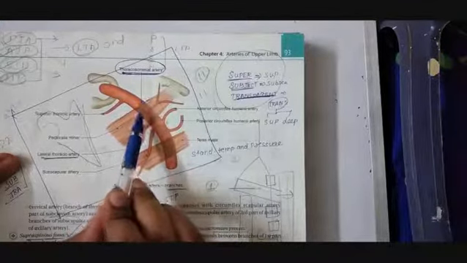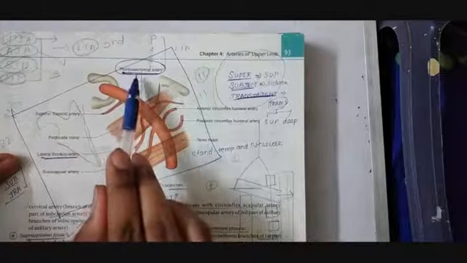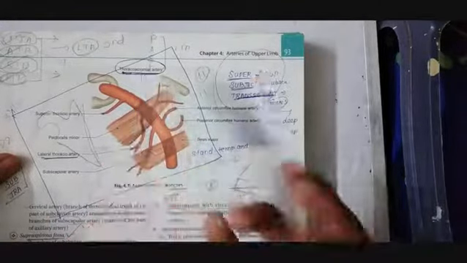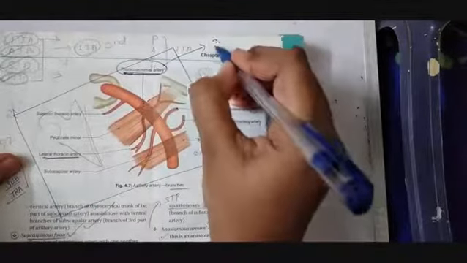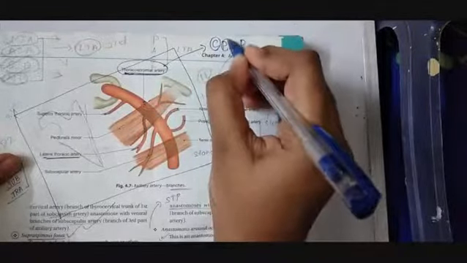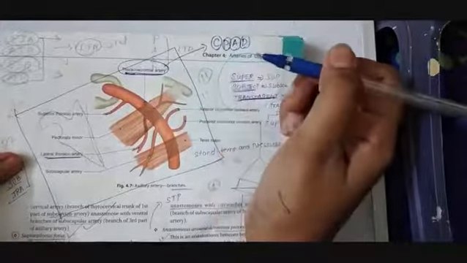And this artery pierces the clavipectoral fascia, which is nothing but a fascia that fills the gap between the clavicle and the pectoralis minor muscle. And this thoracoacromial artery is divided into four branches. After piercing the clavipectoral fascia, this artery divides into four branches. In that, the four branches are CPAD: C for clavicular branch, P for pectoral branch, A for acromial branch, whereas D for deltoid branch.